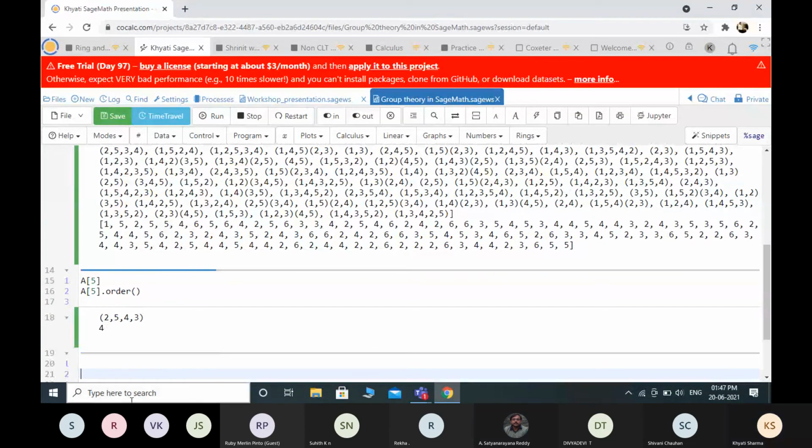Right. So now this is a big list. It means S5 has 120 elements and this is the order of 120 elements. And it is also tedious, because at the 6th place, first I have to check what the element is, then the order. So if I want to find out the order of some element, and I know what the element of the group is, we can define that element first. So I am defining that element, like I want to find out the order of this element.